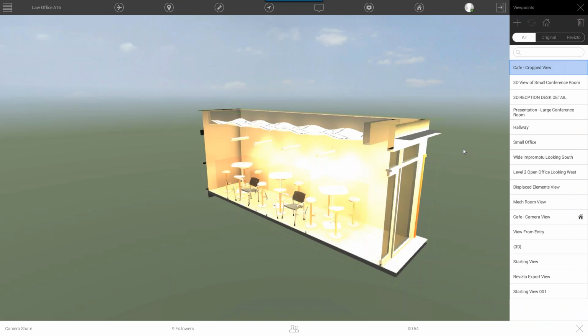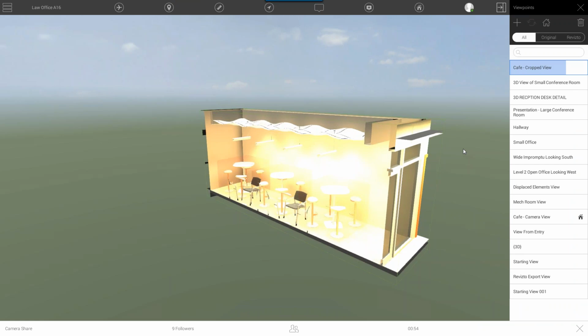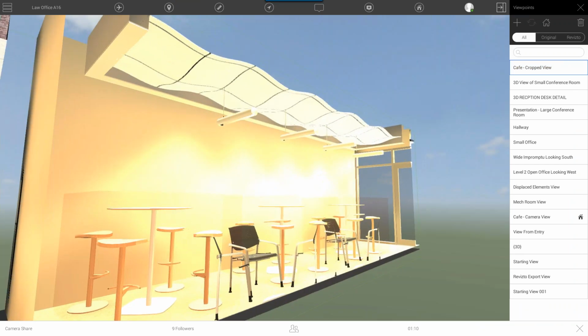And now what Dan does right now, everybody who is in the project and follows him will see exactly and very smoothly his navigation, because in the GoToMeeting you have a huge delay, but right now whatever he does, it shows very smoothly.